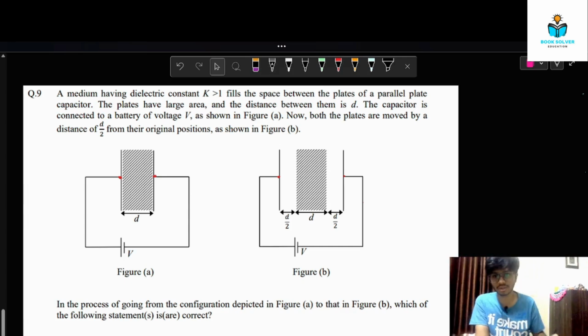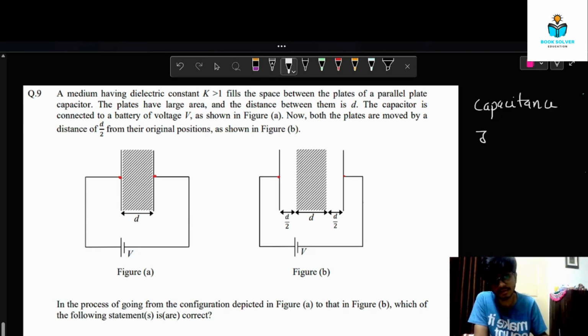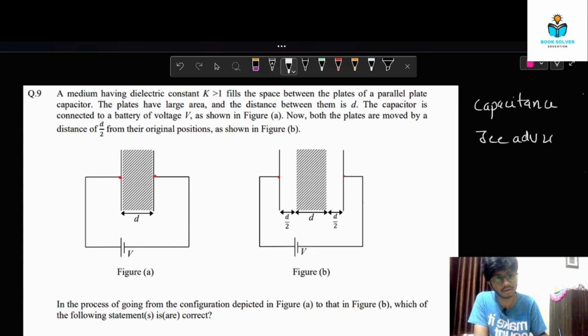Hey everyone, so the given question is from the topic of capacitance from electrostatics. It's from JEE Advanced 2022 paper 1. The question goes like this: a medium having dielectric constant K greater than 1 fills the space between the plates